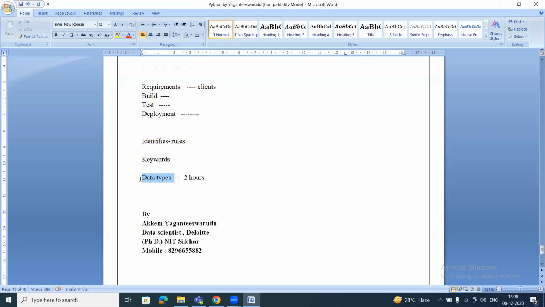Because first, in order to write any Python program, you need to know what kinds of data types are available. For every project or every application you are going to work on, it requires one or more kinds of data types, meaning inputs. That may be string or float or integer, so we'll discuss what the different data types are. And here mainly we are going to discuss